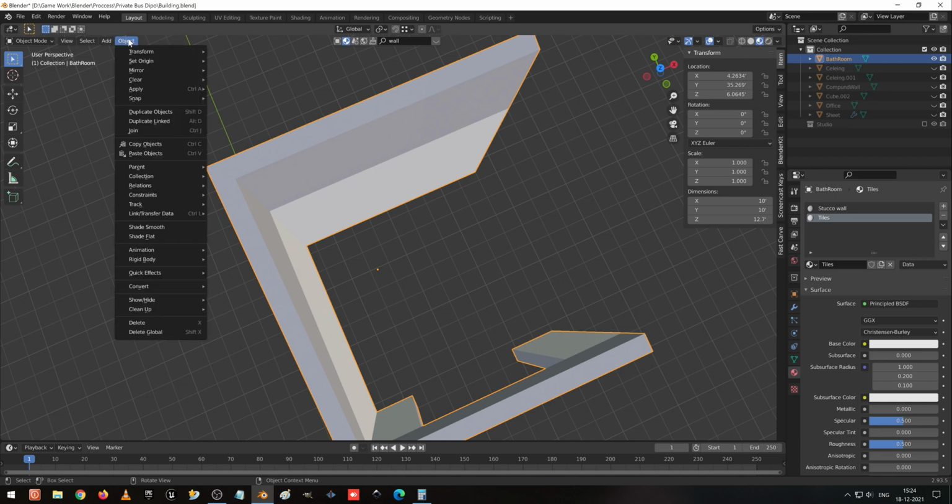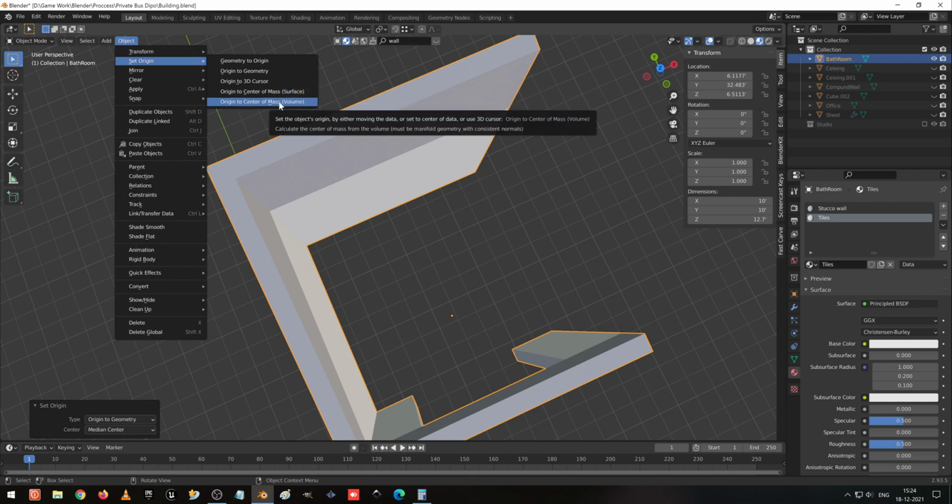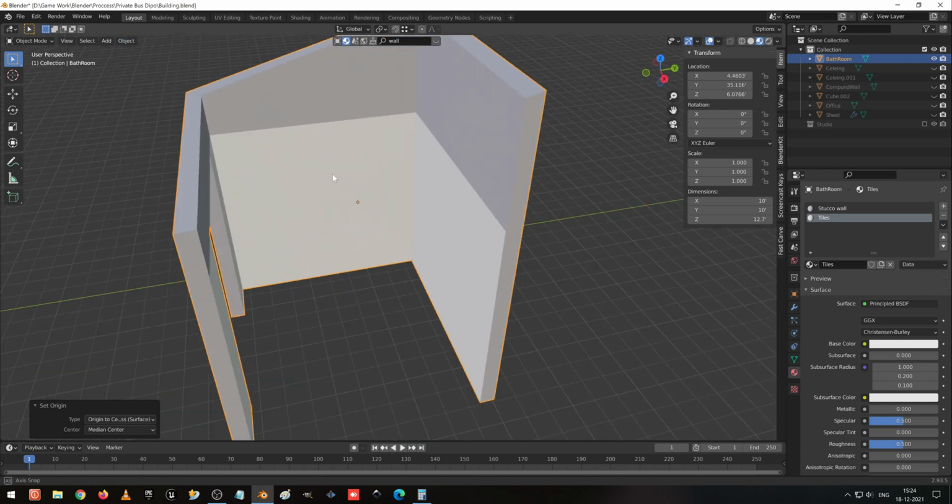I undo it and set origin to geometry. Still this also doesn't match. Set Origin moves either the data or the center of the data using the 3D cursor. So I make it mass.